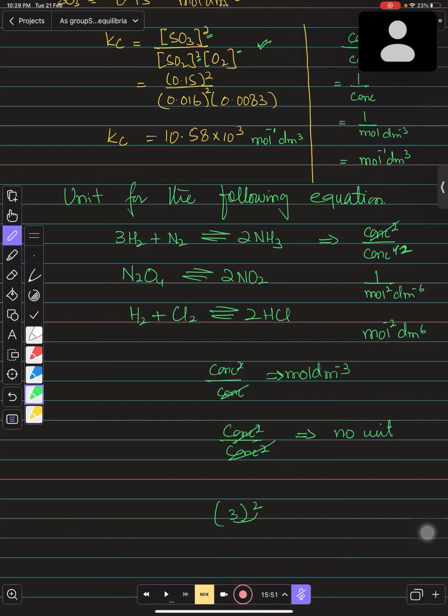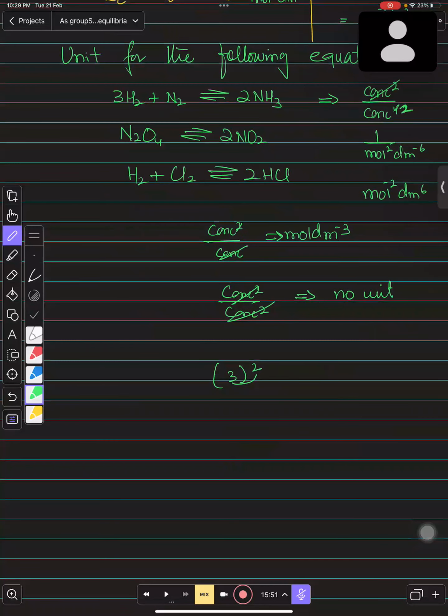ये पावर नहीं है, पावर नहीं है, स्क्वायर के हिसाब से 9 होता है। नहीं नहीं ये पावर नहीं है ना। देखो अगर आपके पास एक यूनिट है मोल पर डेसीमीटर क्यूब, ठीक है ना, एक और आपके पास है मोल पर डेसीमीटर क्यूब, तो इसका मतलब ये हो गया आपके पास कि ये डेसीमीटर क्यूब और ये डेसीमीटर क्यूब का मतलब हो गया ये डेसीमीटर 6 हो गया। आप उसको पावर क्यों दे रहे हो, पावर थोड़ी है वो।